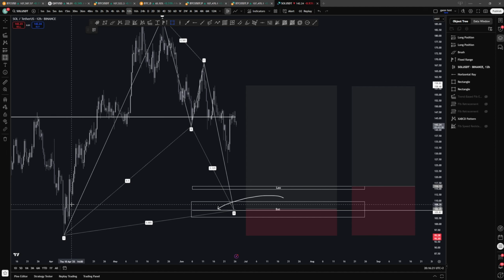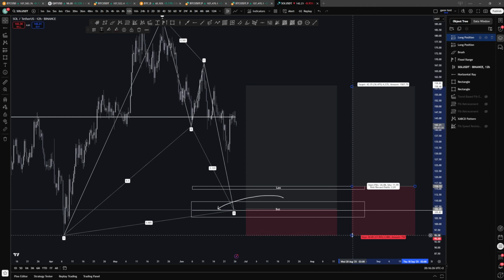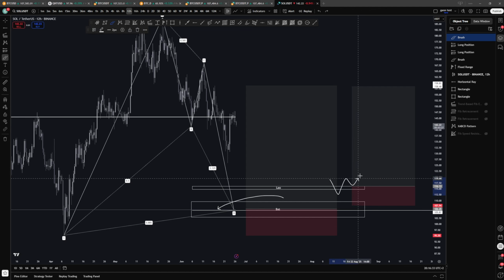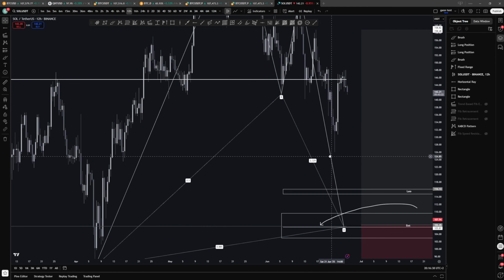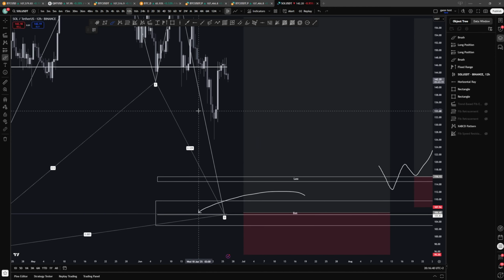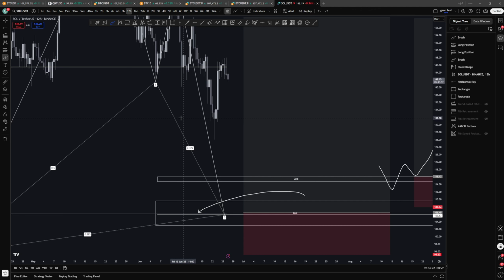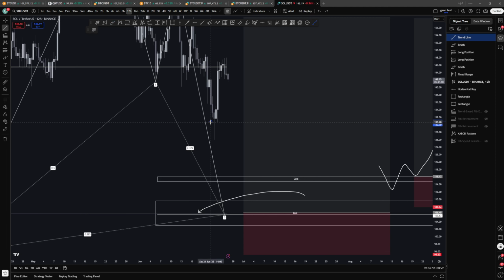So let's say, yeah, I'm going to put my stops just in that area. Okay, so I would wait for this area to get hit and start seeing signs of a bounce. What do I mean with signs of a bounce? Usually that means candles like these. They have a very large wick down, but then your actual body close, your candle closes very close to where it opened, or even closes above the previous wick. Things like that,